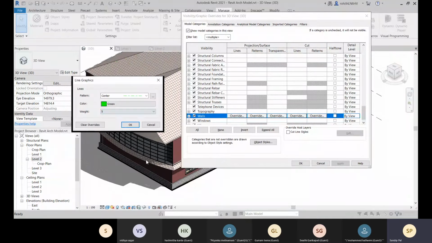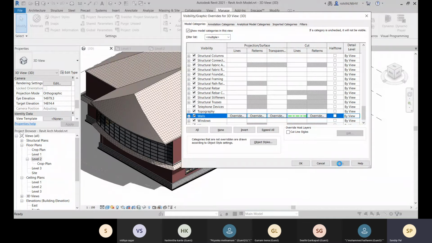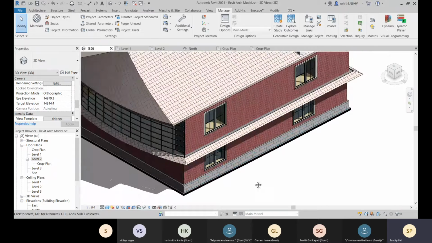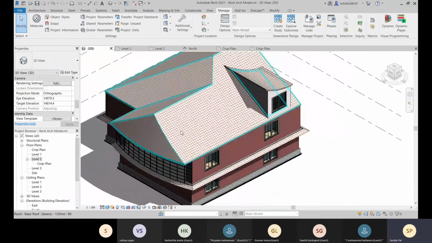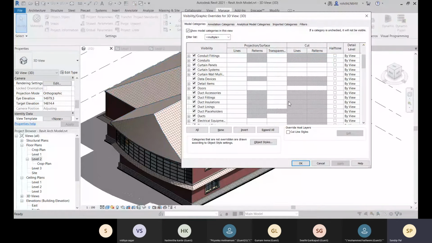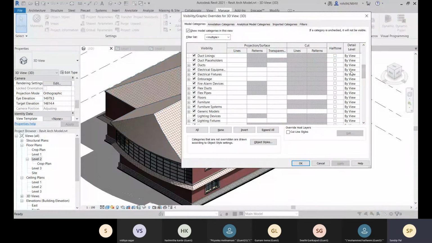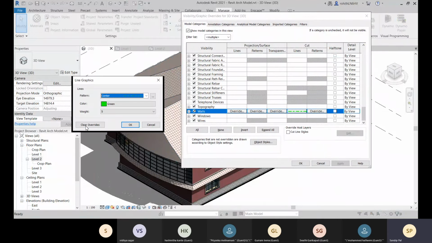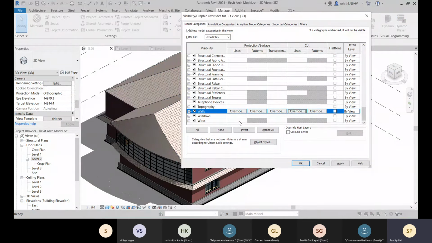Okay, click on OK and apply. And okay. So you cannot see anything, right? Because that is applied to plan views. So here we will not apply to cut section, right? So you can clear these overrides for default option.